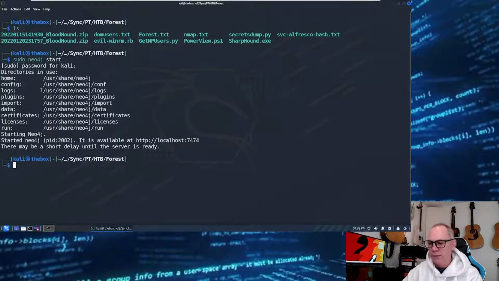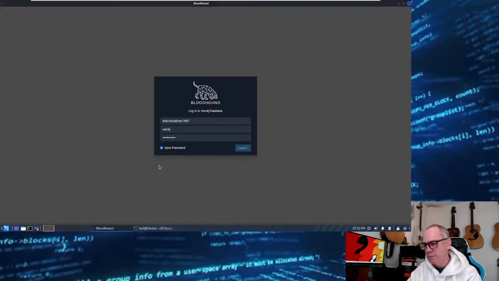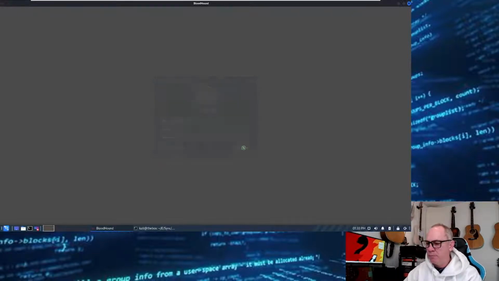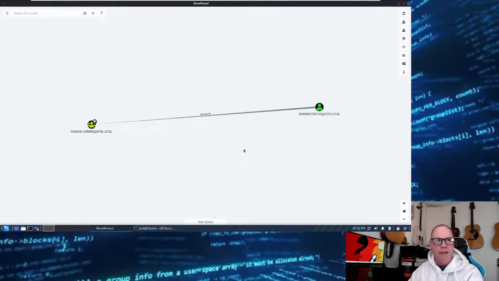Right, so it pops up on localhost. And then from there, it's as simple as running BloodHound. And then this interface pops up. And there's a password there. There's a default password. When you log in, change the password. I've already done that. So when BloodHound, this is what happened last week when I was going through Forest, because